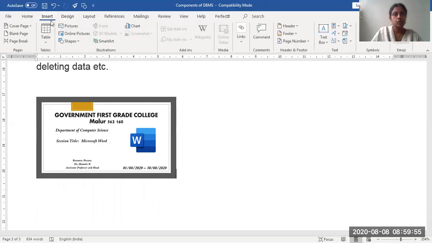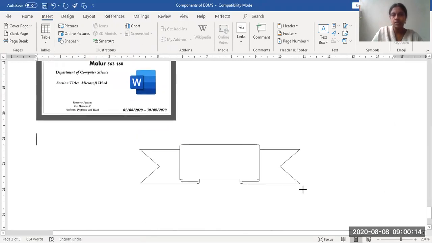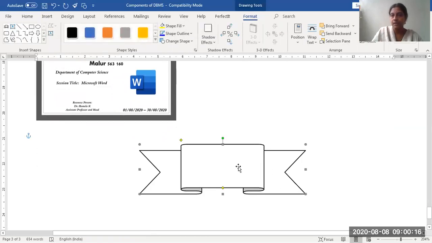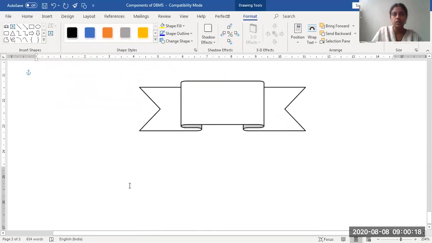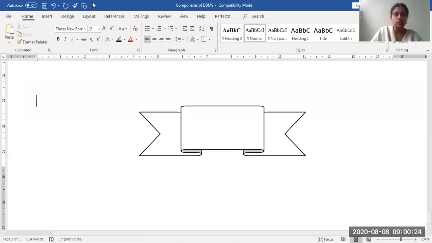Then you can also insert a variety of shapes. For example, when you want to draw a flow chart and other things, these shapes are available. Varieties of shapes are available, for normal banners or any trophies you want. Like this award achievement, anything you want is also possible. And if you want to place a flow chart, that is also possible.